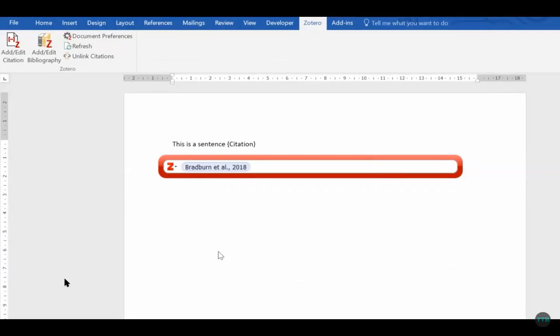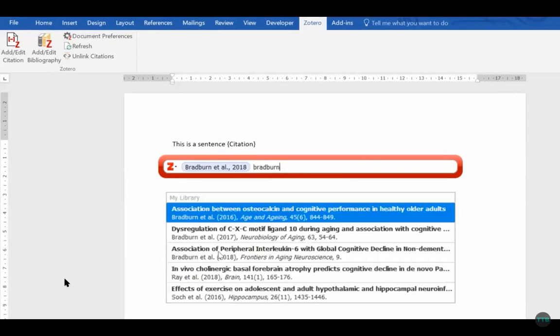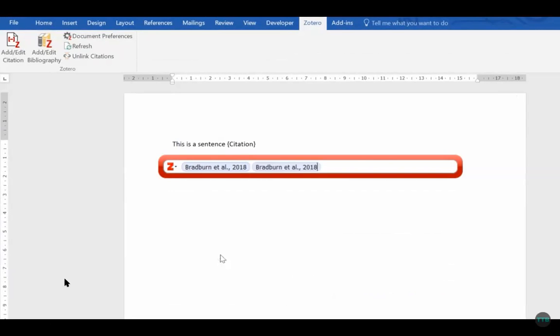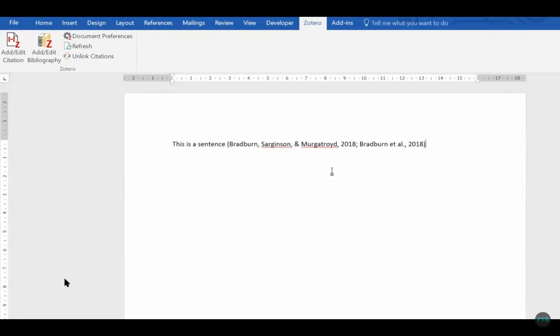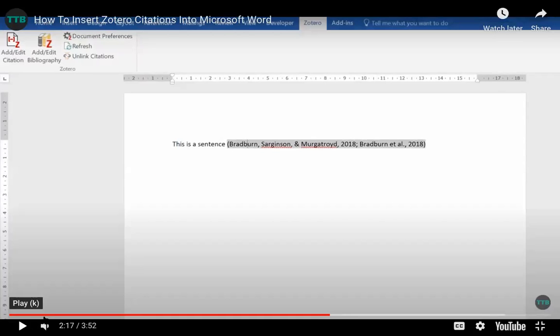And if you want to add multiple ones, simply you press the space and you can search for another paper. And so on and so forth. And to insert this citation in the text, you simply click the Enter key. Bam. You'll see now that the citation has now been inserted.